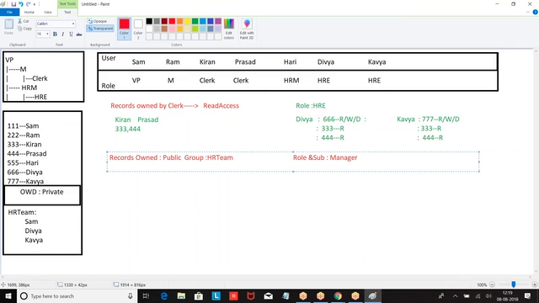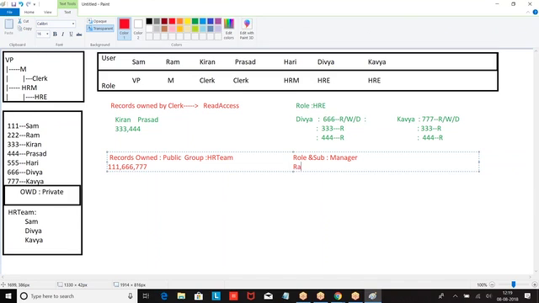So which records are owned by HR team? Who belongs to HR team? Sham 111, Divya 666, Kavya 777. These records are shared with the role and subordinates of manager.